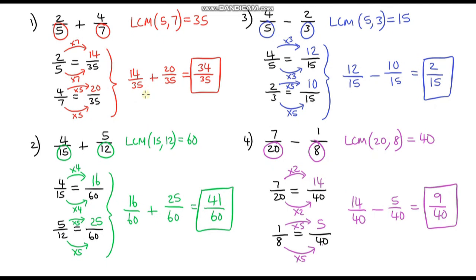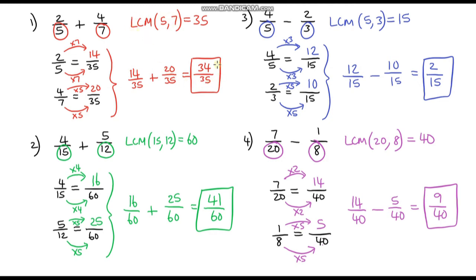Now, before I wrap this video up, I just want to go through one thing with you. With all of these questions that we've answered, when I found equivalent fractions with the same denominator, the process I used was to find the lowest common multiple of both numbers. Now, you don't have to find the lowest common multiple of both numbers. You can find a multiple, but the reason why I encourage you to find the lowest common multiple is so